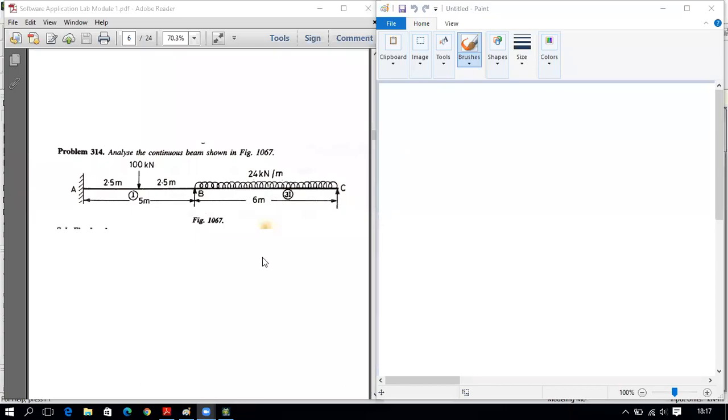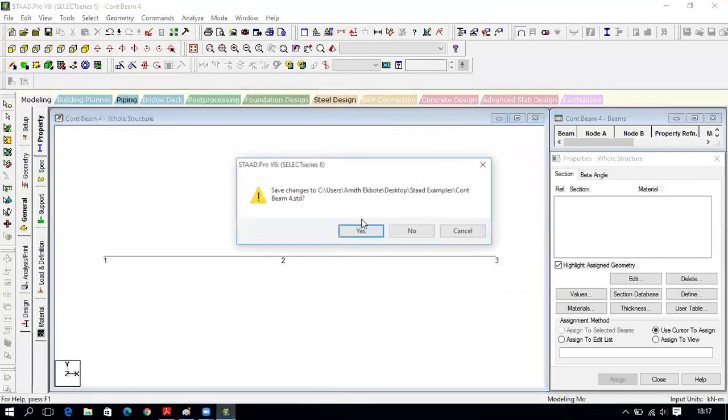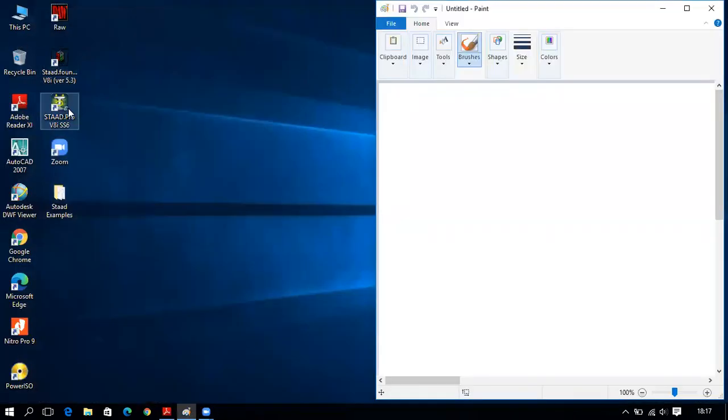Hello everyone. Let us continue the fourth problem of continuous beam. So this is the problem. Analyze the continuous beam shown in figure. ABC is the beam. So to start with this one, first let us open the STAAD Pro software